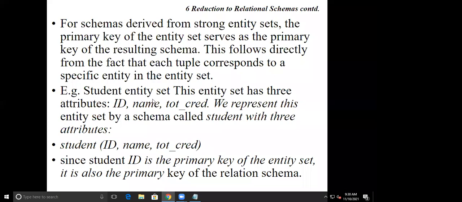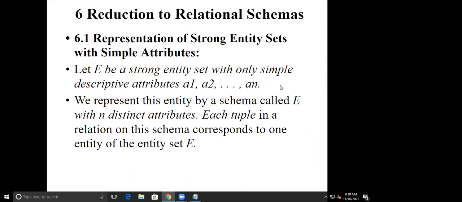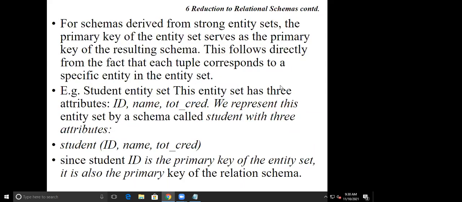For example, student entity set. This entity set has 3 attributes: ID, name, and total credit. Then we represent this entity by a schema called student with 3 attributes, that is student, ID, name, and total credit.